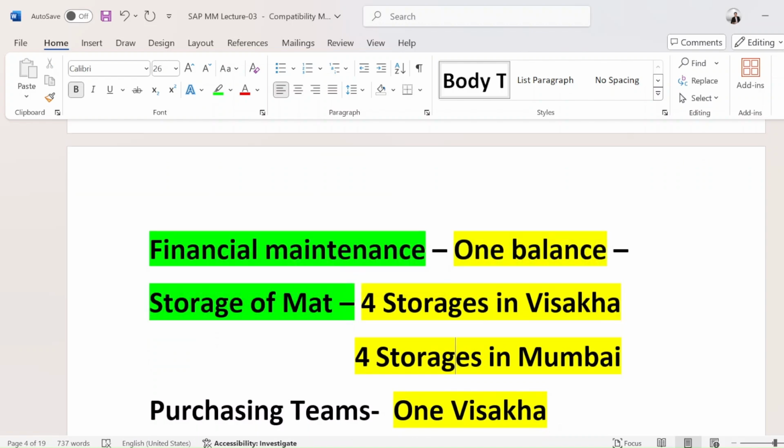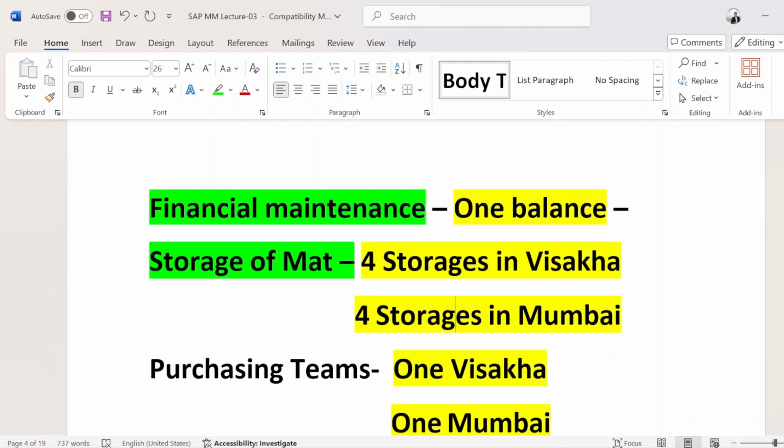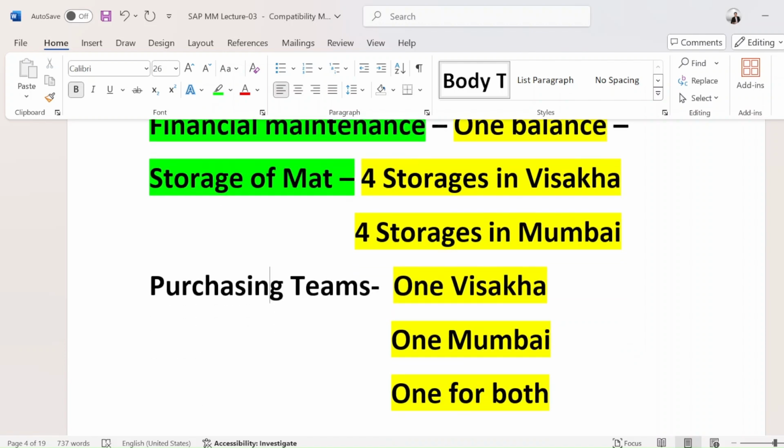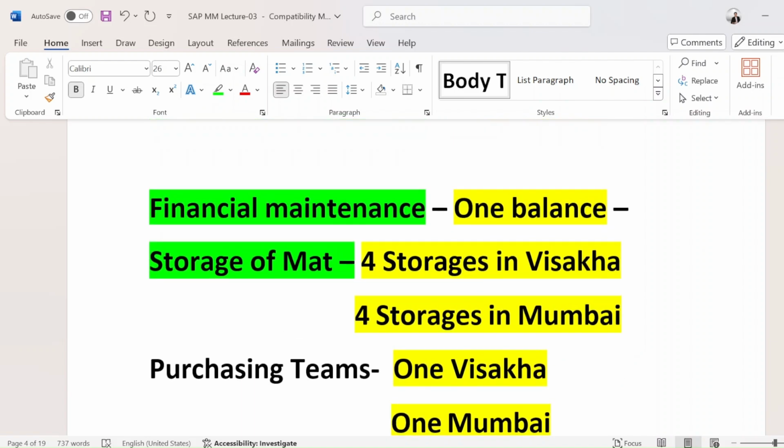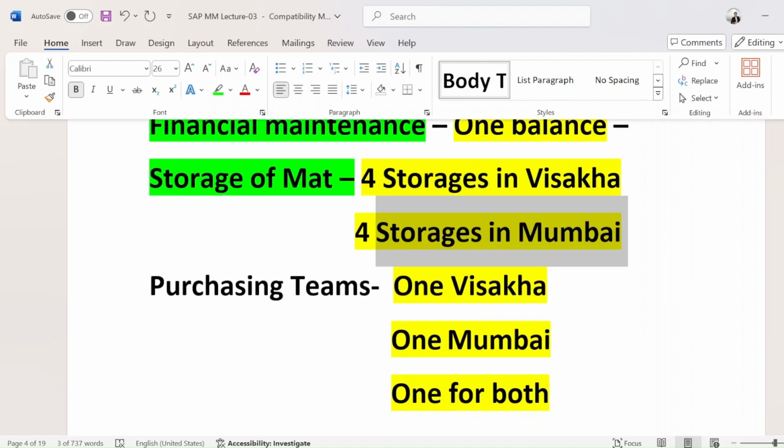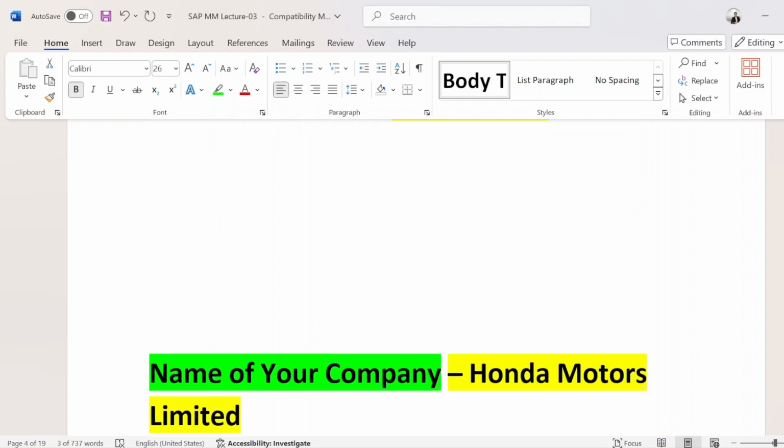The client is telling the software team four storage locations for the Visakha plant and four storage locations in the Mumbai plant. And these are the purchasing teams or purchase organizations: one for this plant, one for this plant, and one for both, like a centralized purchase organization.